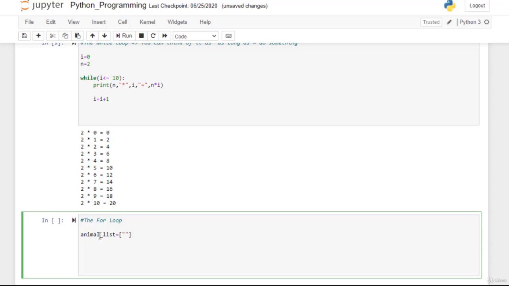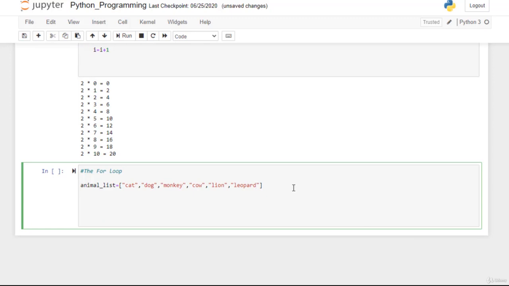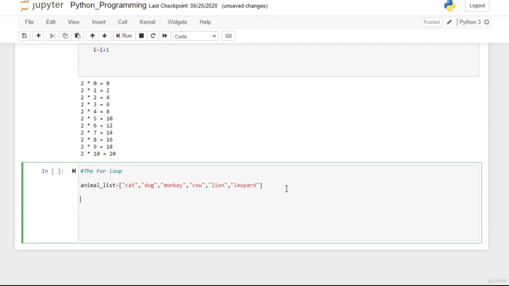Let us say cat, let's say dog, let us say maybe monkey, let us say cow, and let us say maybe lion, let us say maybe leopard. And now, this is just a simple example to help you understand how the for loop works. And let us assume that I need to print a statement that all these variables that are in this list,